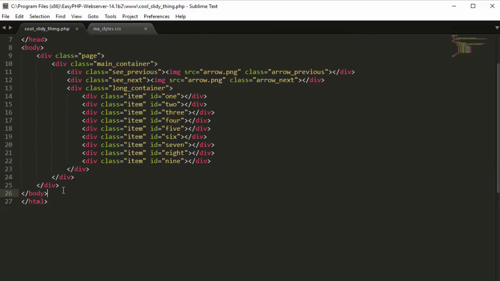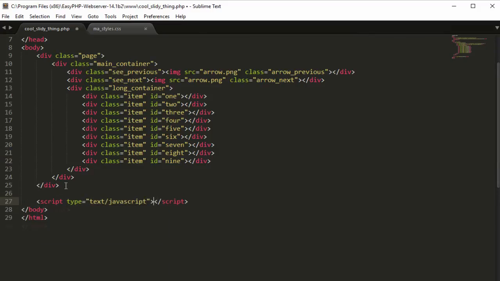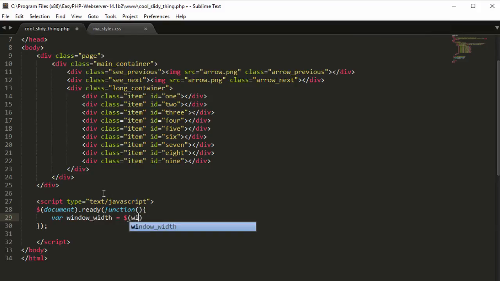And now we can get started on the jQuery. Okay, so we need to open up a script tag and then declare document ready. So when the document is ready to run JavaScript and jQuery, run a function. And now we need to declare some variables. So you declare a variable in JavaScript and jQuery by saying var, short for variable. And I'm going to call it window_width because that's what we want, the width of the window. So window_width equals window